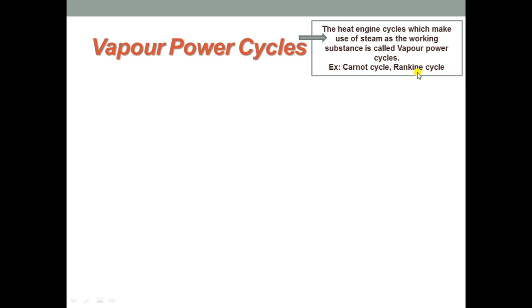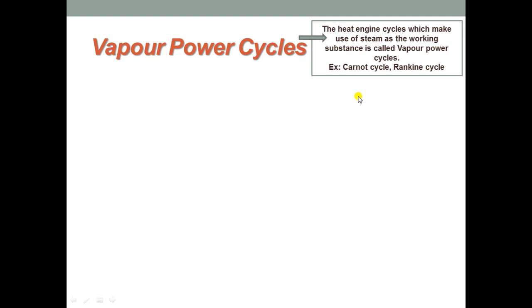A vapor power cycle is a power cycle used for steam power plants, which make use of steam generated from water to convert the heat of the steam into mechanical work and in turn to generate electricity. The steam is alternately vaporized and condensed to initial conditions, thereby making the same working fluid circulate again and again.